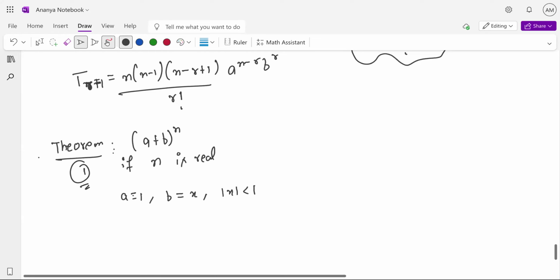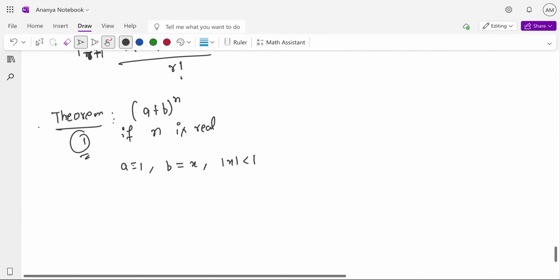anything we can figure out of it. So look, this can be represented as 1 plus x to the power n. You know, this is what I'm going to get if I just put this same value. What we are going to get, we are going to get this thing. Okay, can we do the expansion of it?